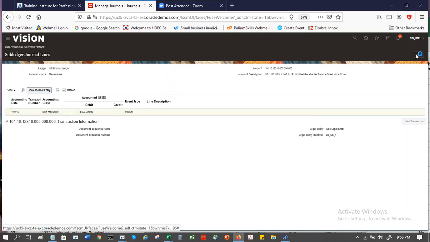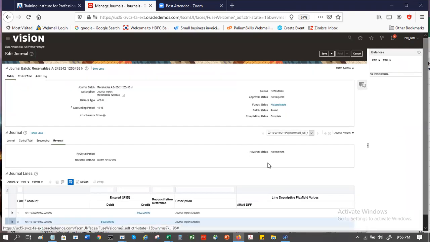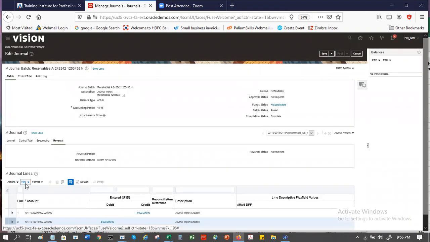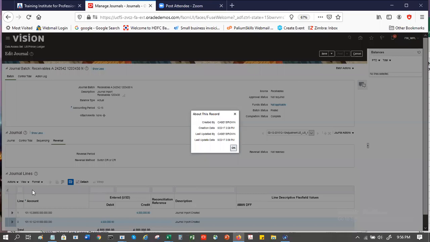Who was asking about this record here? I clicked on this view, and about this record. I think he was asking about, for example, table names. I told him that the table name is not there, but you can only see the who columns.